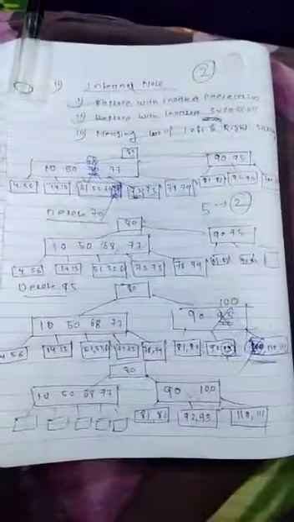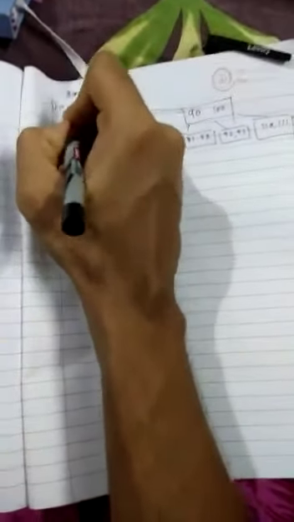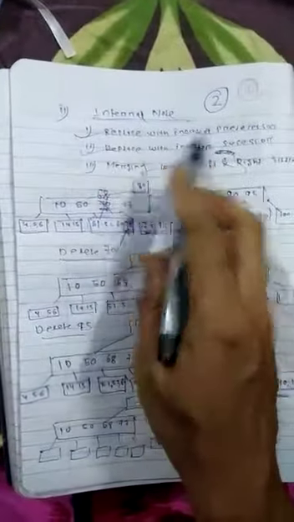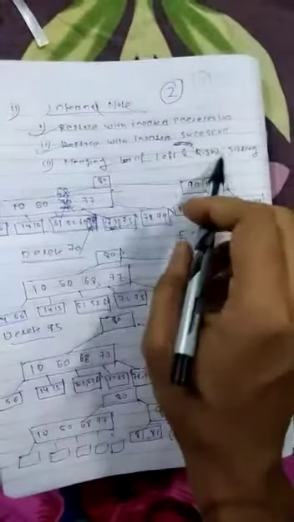So these two sub cases are covered: replace with the in-order predecessor or replace with the in-order successor. Then next, check, suppose in this tree you perform a delete operation on 77. So how to search for 77? Here 77 is less than, so in this node we have to find 77. This is not a leaf node, that means we have to check the sub cases: replace with the in-order predecessor or in-order successor, or merging with either the left or right sibling.